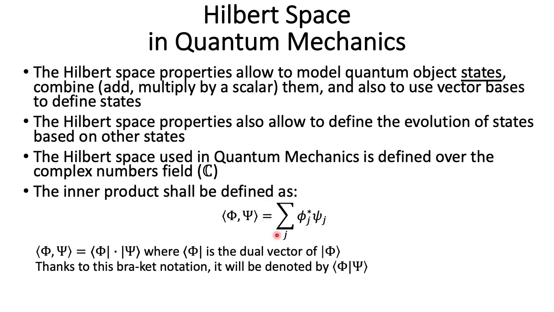It will be the sum of the coefficients here of each state vector, except that, again, these are complex numbers. And the first coordinates here will be the complex conjugates. The reason for that is so that the norm of a vector still is a squared plus b squared, real and positive, just like the norm that we already know with Euclidean space, for instance. And so it's compatible. It's kind of a superset of the Euclidean dot product. And from now on, we'll use that notation here for the inner product.